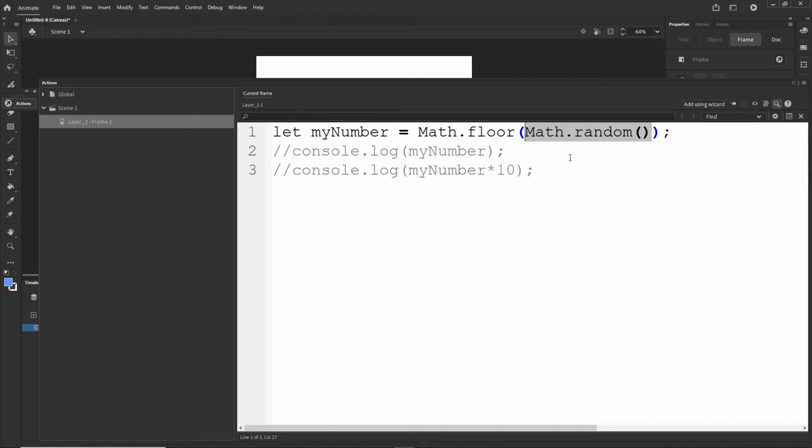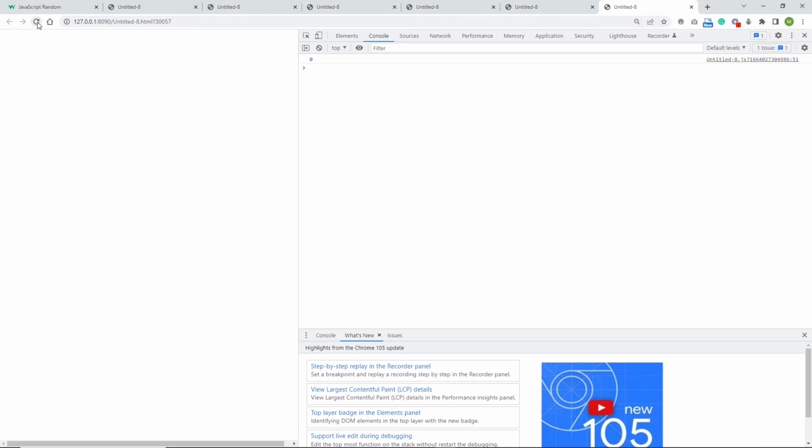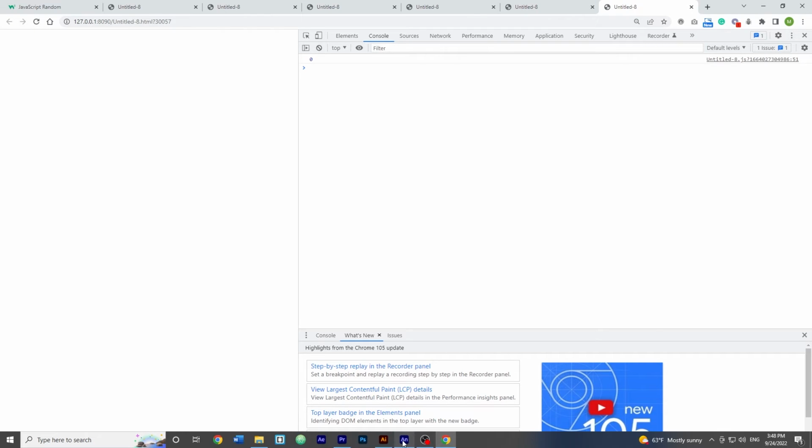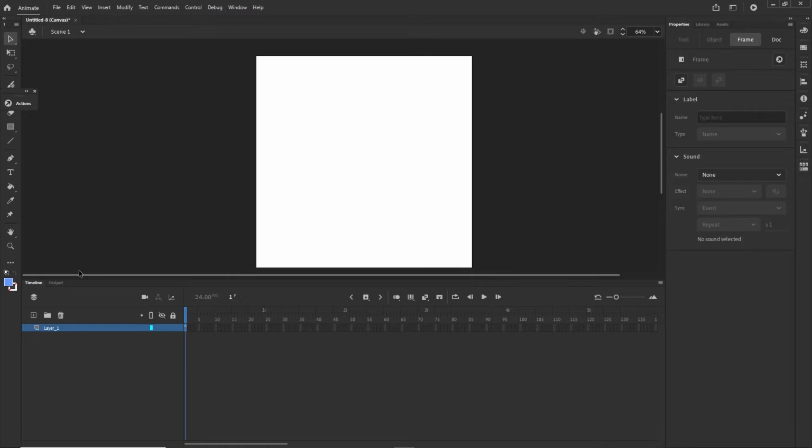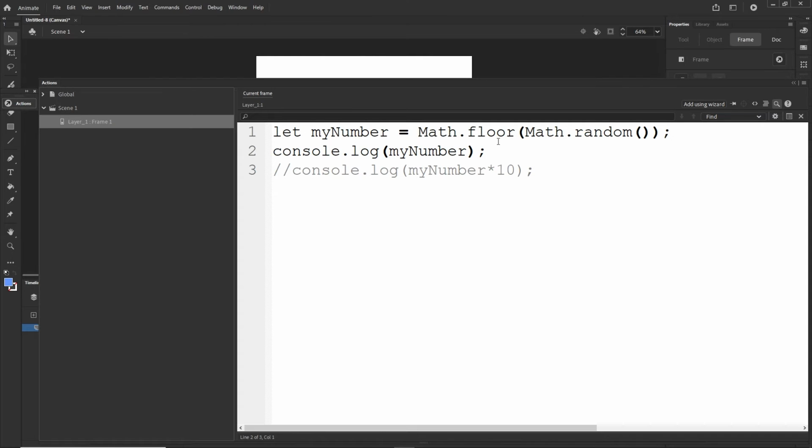And if I'm going to have this like so, and I'm going to console.log my number, my number is always going to be 0 this way, because I'm going to hit Control Enter and I'm going to hit F12 and it is going to be 0. I will refresh, it will be 0 and it will be 0 forever, because as I said, this math.floor, what's